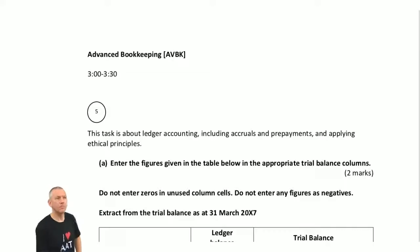Okay, now cool. As you can see, there's the title. There is confirmation of the 4-letter acronym AVBK, which stands for Advanced Bookkeeping. And generally speaking, to be frank with you, the advanced bookkeeping is easier than the stuff I was doing in the basic bookkeeping in the studio just next door. But this particular task taken from the 2016 examination that you can see just hovering on the edge of the screen here is actually pretty tricky. I'm not really looking forward to telling you about this, but I suppose that's the point really, isn't it? I'll be able to show you that if you're finding it difficult, it's no wonder you're finding it difficult,